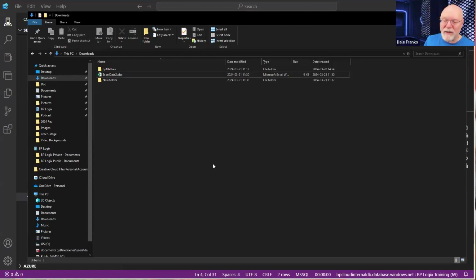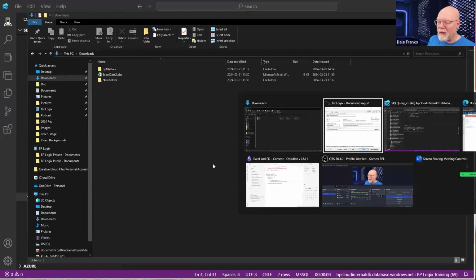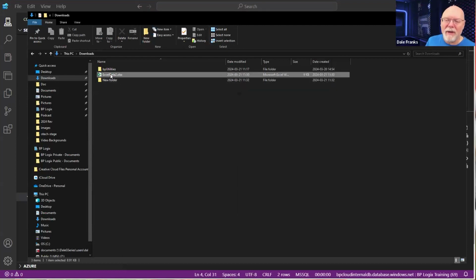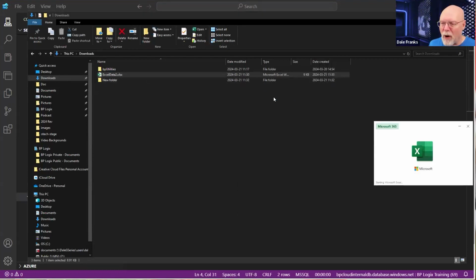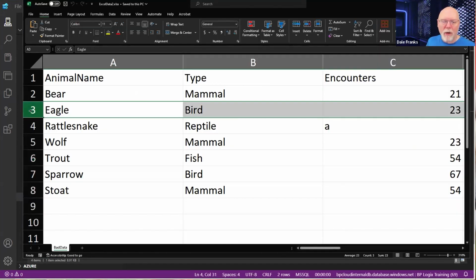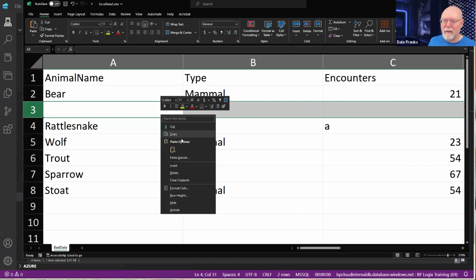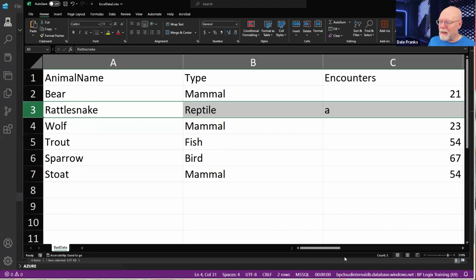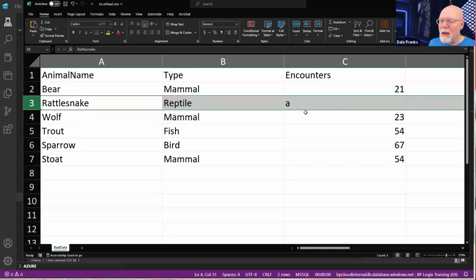In fact, let's change the data just so that we can see what happens. I probably should have done that ahead of time, before I ran that quick import, but fine, let's change the data. Let's get rid of Eagle. I want to delete. Okay, so we've deleted our Eagle row. Maybe that's a little too zoomed in.